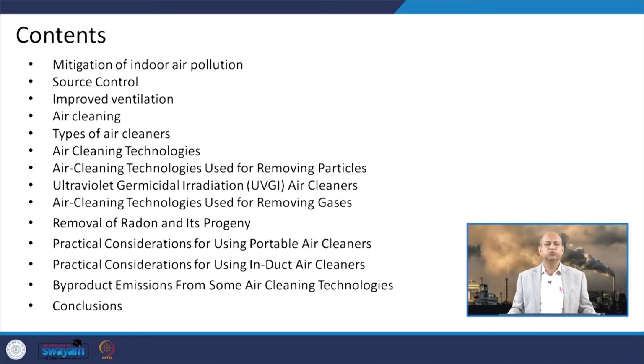we need it, then what are the sources that can be controlled to reduce the contaminants in the indoor environment, and then how to improve the ventilation, which is one important aspect of having improved indoor air quality. Then air cleaning and the types of air cleaners, different kinds of technologies like removing particles or using ultraviolet germicidal irradiation, UVGI air cleaners, and then air cleaning technologies which are used for removing gases, removal of radon and its progeny and other products, practical considerations for using these portable air cleaners